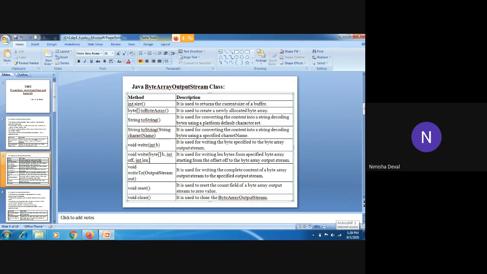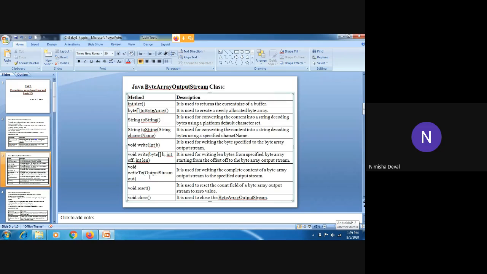It is basically used for writing length bytes from the specified byte array, starting from the offset, to the byte array output stream. Whenever we want to access some data from that array, we can use this method. Only the mentioned data will be fetched from the given array.